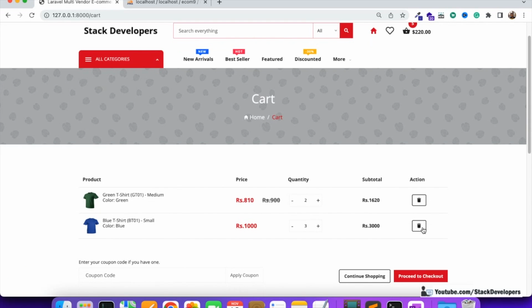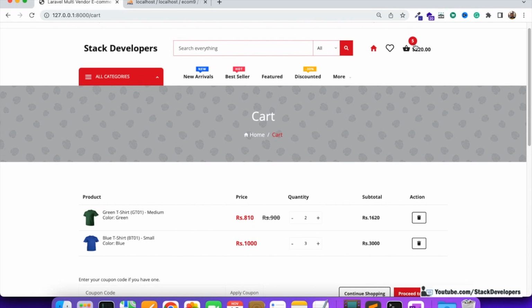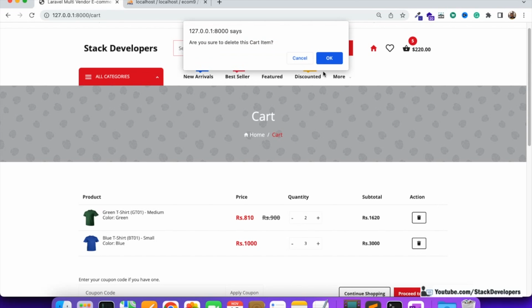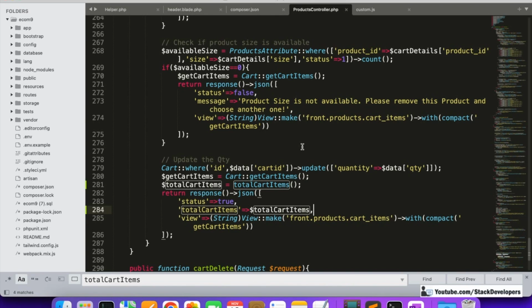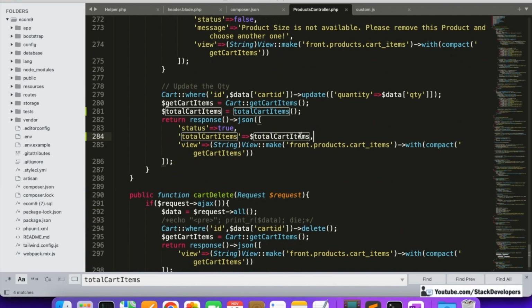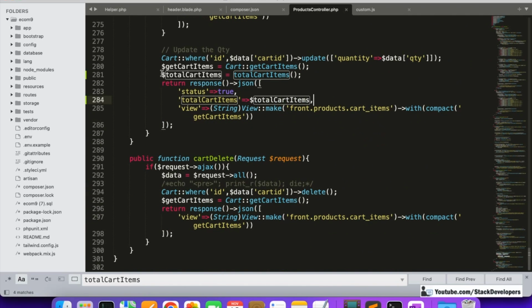So now if I'm going to remove the item, then again I want it to work, but right now it will not work. If I delete, it will not show the 4. I'm going to show you, if I delete here, see it's still showing the 5. That is wrong. We want to update here as well in the case of delete as well. Okay, so in the cart delete, the same function we are going to call to calculate the right